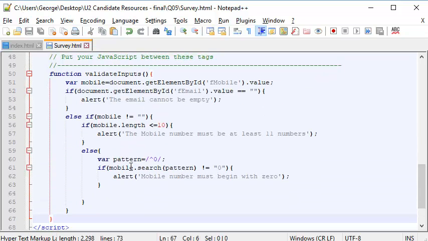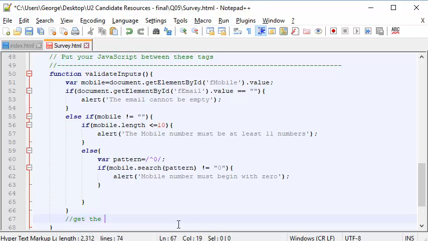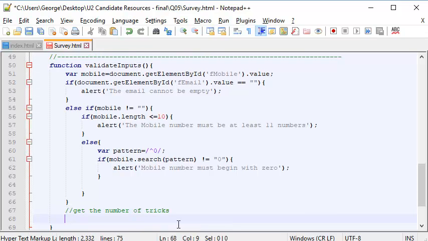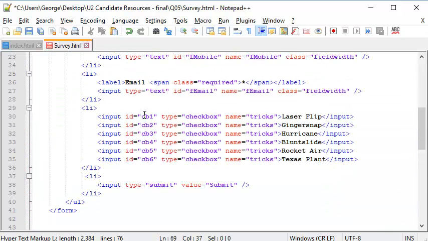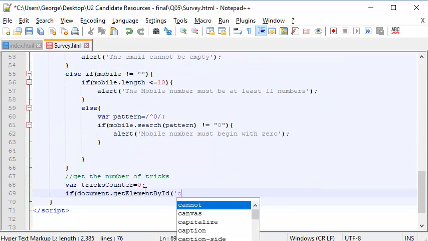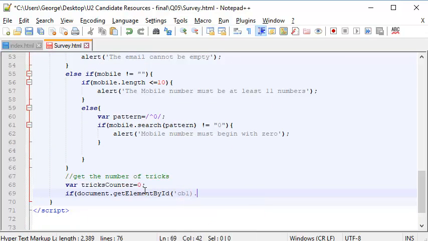So inside the function here, I will create a variable called tricks counter, and then if document.getElementById, what did I name them? CB1, checkbox 1, checkbox 1 dot